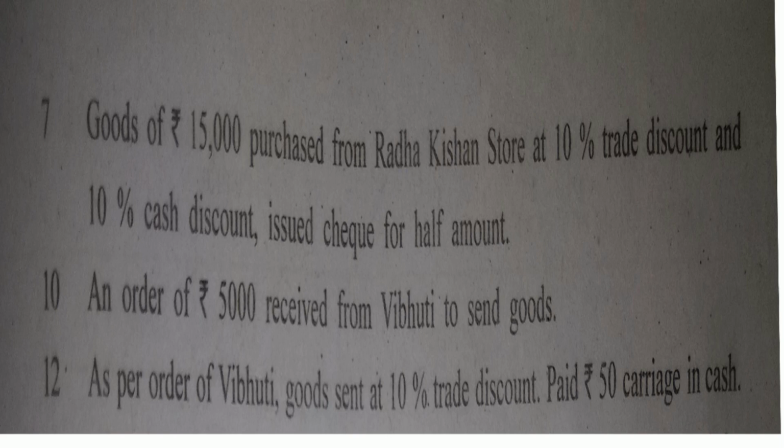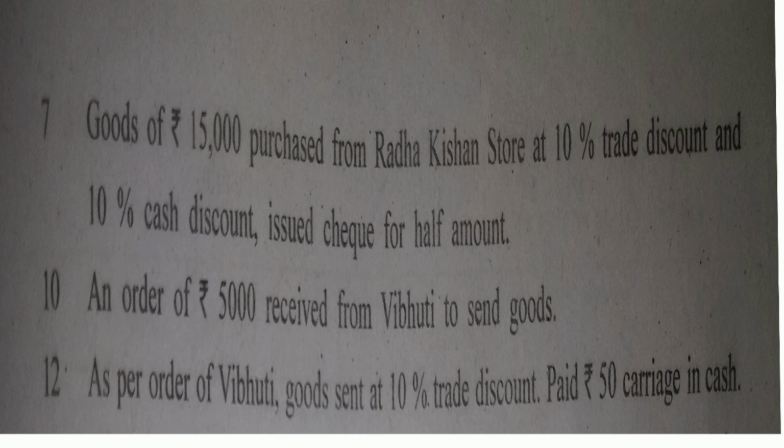Firstly, you have purchased goods from Radhakishan store at 10% trade discount. Let us calculate this first. What is 10% of 15,000? With no doubt 1,500. So what is the net price of goods now? 15,000 minus 1,500, that gives you 13,500. So purchase account debit